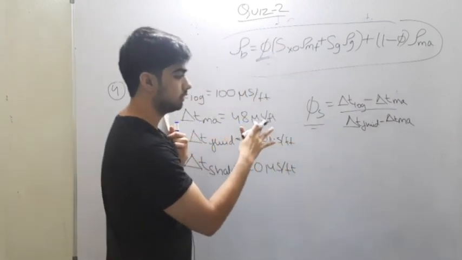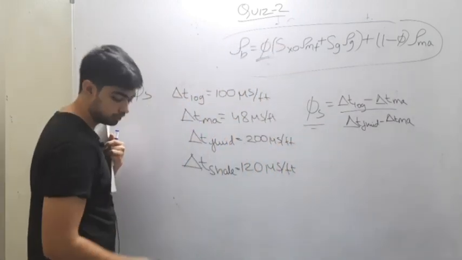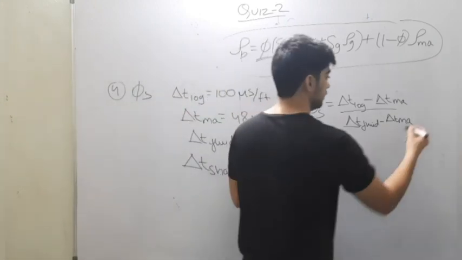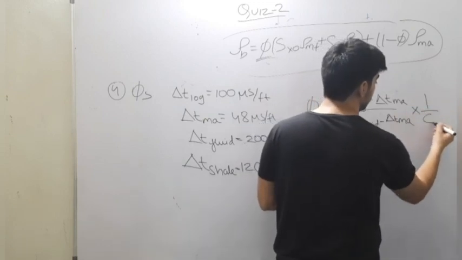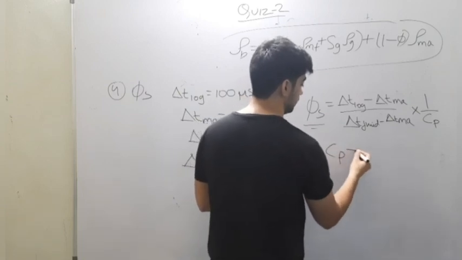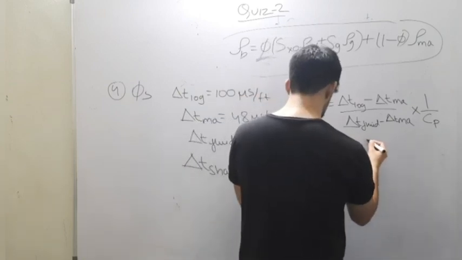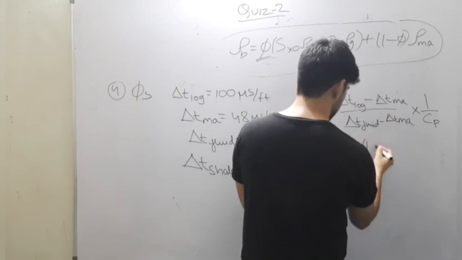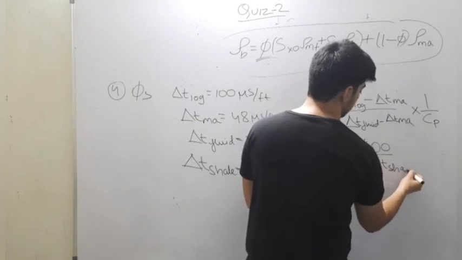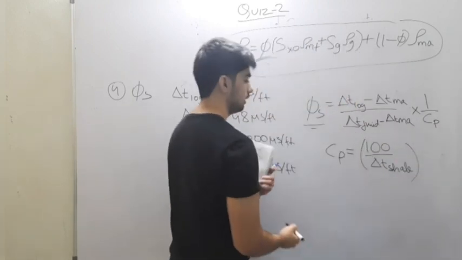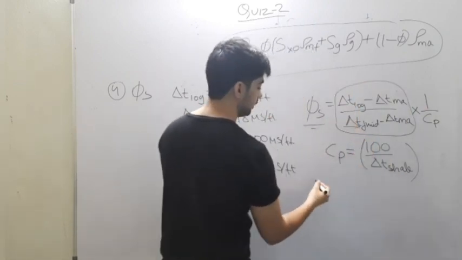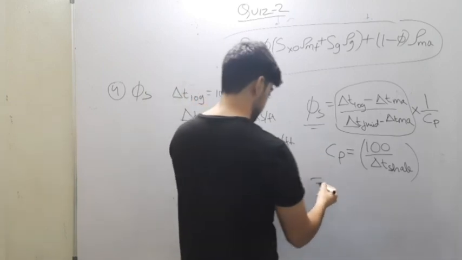This formula is valid where there is no shale, but in case of shale, because of some compaction, there is a compaction correction which is usually added. So 1 by Cp, and the Cp is given by 100 by delta T shale. So once you calculate this part, you will be able to calculate the porosity, which is coming out to be